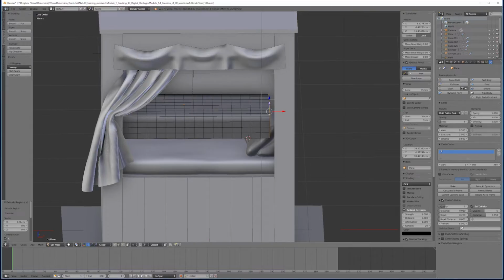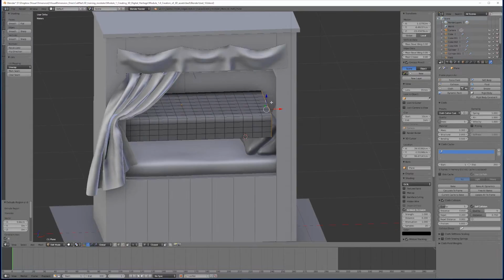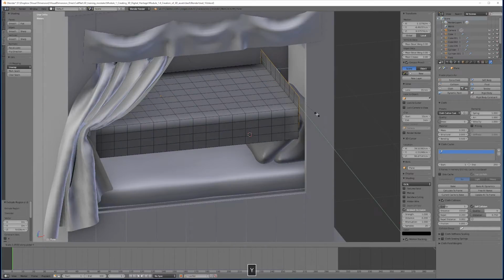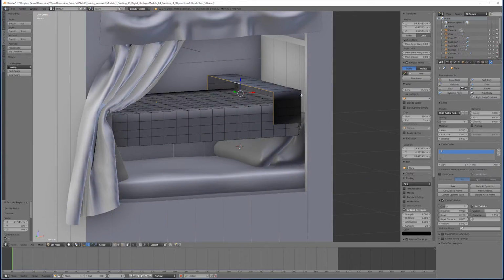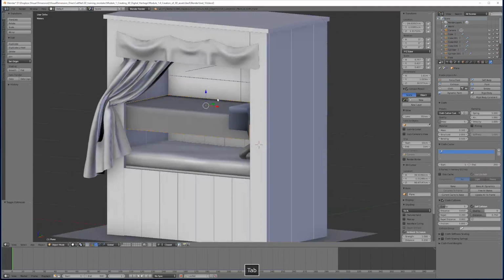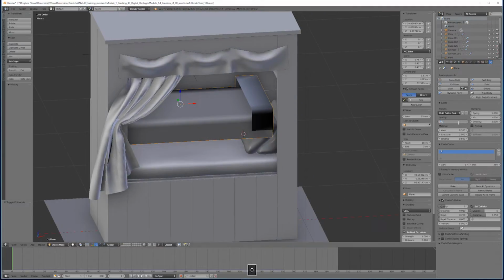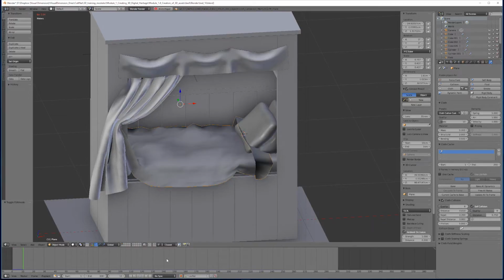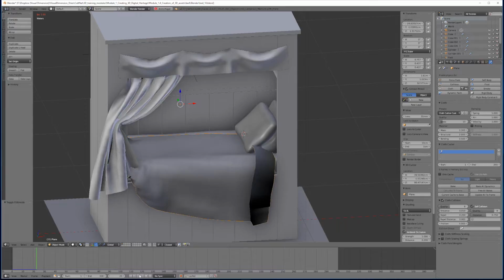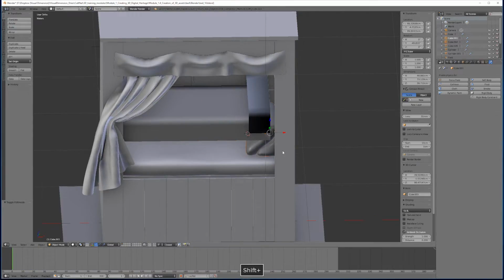I'm also going to model the end part, which will be folded like most sheets on a bed, and then that will fall, or at least we'll try to let it fall nicely. Just have to make sure nothing of this sheet is touching the wooden construction, and this is what the simulation gives us. Of course it's falling down, so I need to give everything collision, also the pillows,